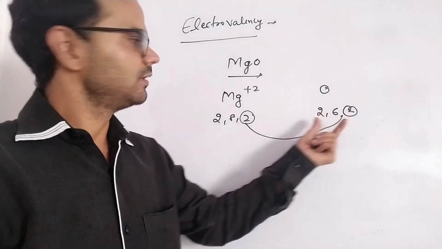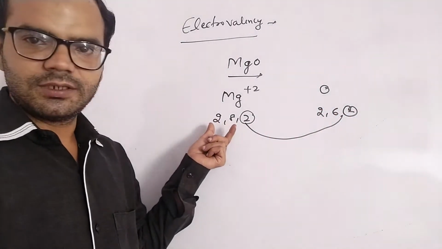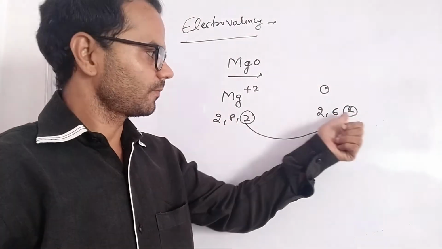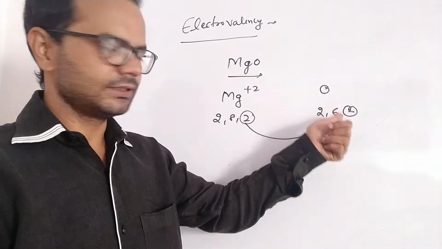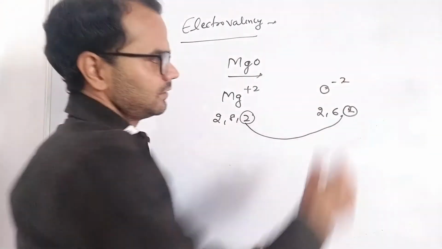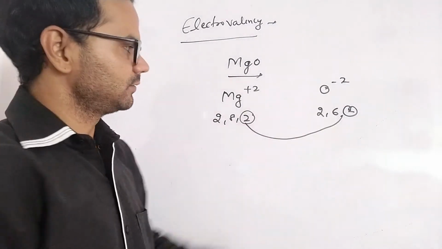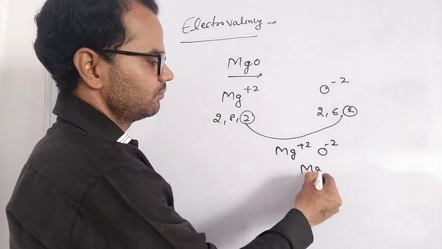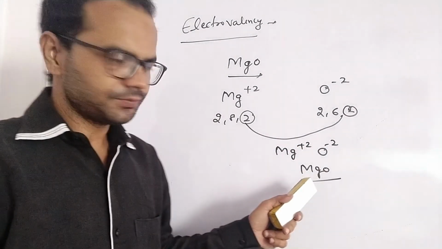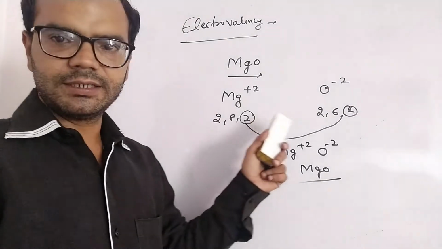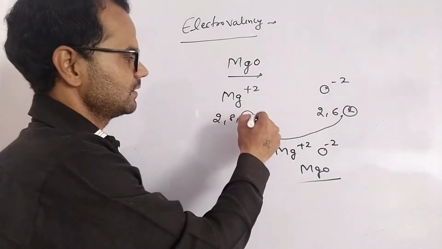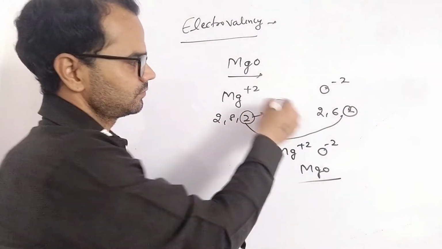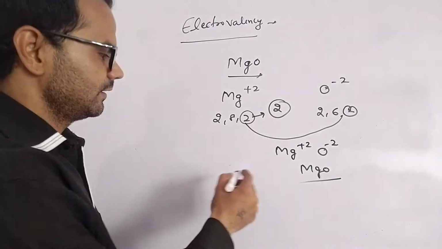It will become stable. 2, 8 is stable. 2, 6 plus 2 becomes 2, 8, which is also stable. As a result, ions are formed. So Mg2+ and O2-, the ionic compound magnesium oxide. How many electrons are transferred? 2. So electrovalency is 2. For example,